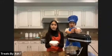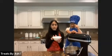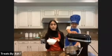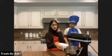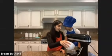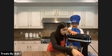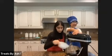Okay, so we're gonna get our powdered sugar, and this is 4 cups of powdered sugar. But first, you just want to pour in about half. It doesn't have to be exactly half. You just want to pour half in now, and we'll pour the other half in later. I got it, sir. Okay, so that was about half I poured in. And then actually I poured